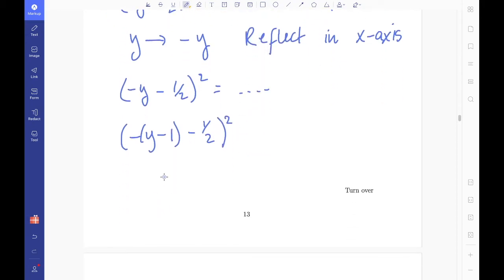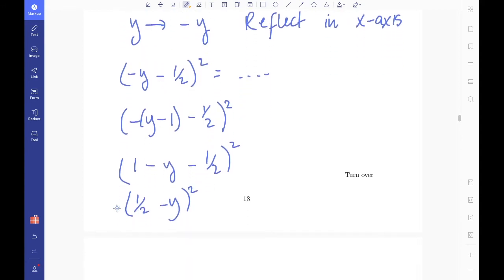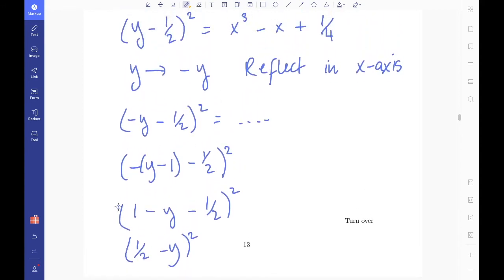So if I expand this bracket, I'm going to get 1 minus y minus 1/2 all squared, and that becomes 1/2 minus y squared. And in fact, that is equivalent to what we started with, because y minus 1/2 squared is the same as 1/2 minus y squared. So these steps, I probably should say at this point, I am translating